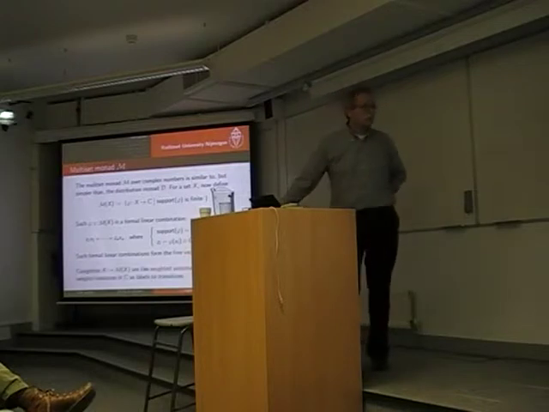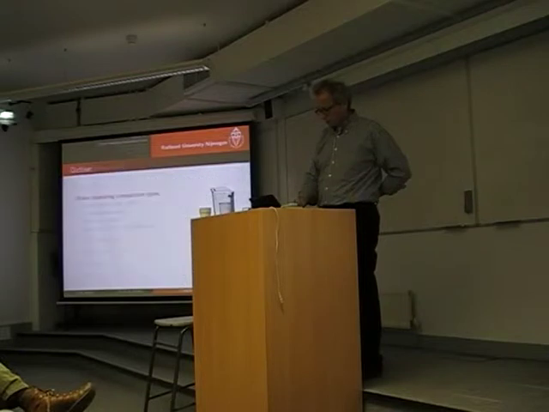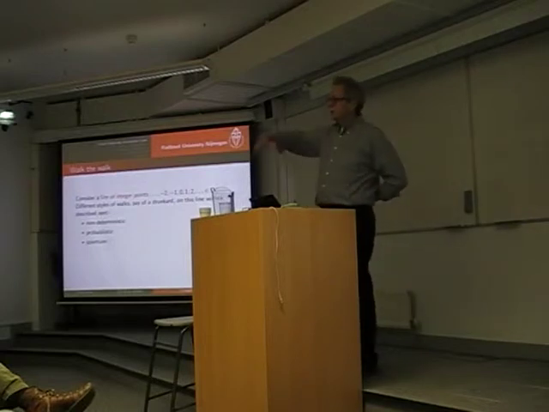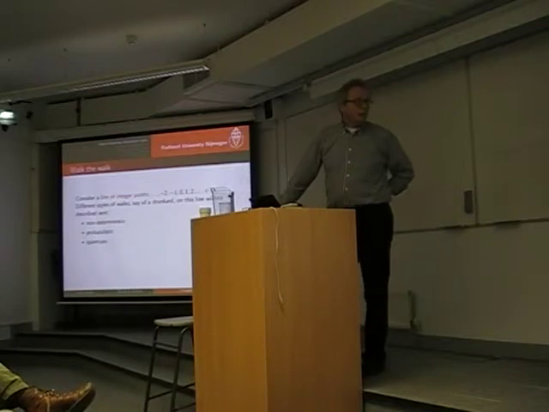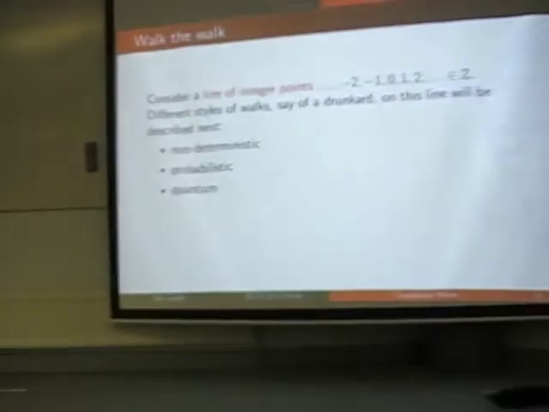The coalgebras of this, you can see them as weighted automata, where the weights associated with the transitions are complex numbers. So let's look at walks. I'm looking at walks on a line in two directions, represented by the integers. And I'd like to look at these three kinds of computations,